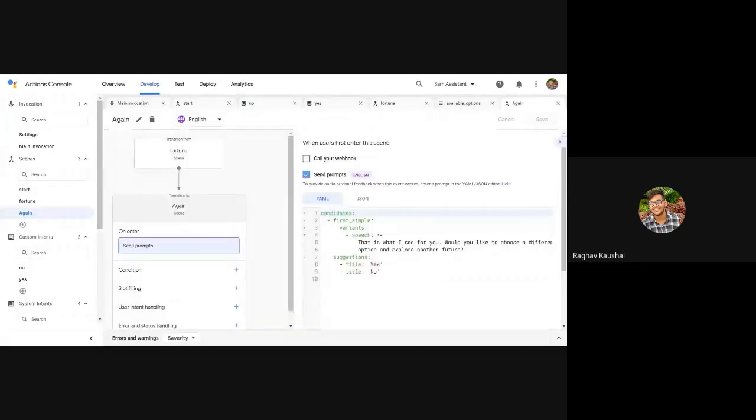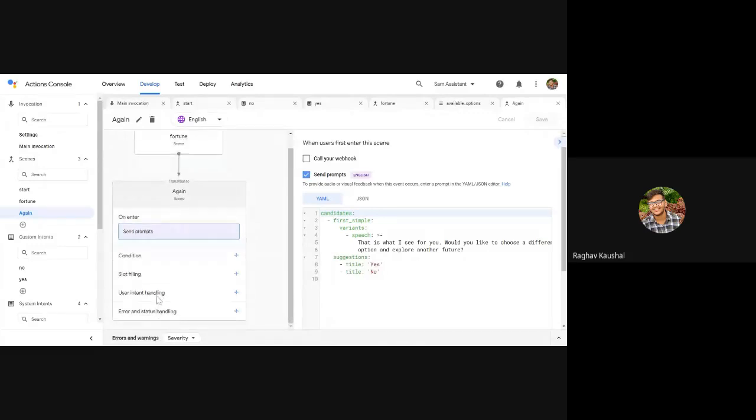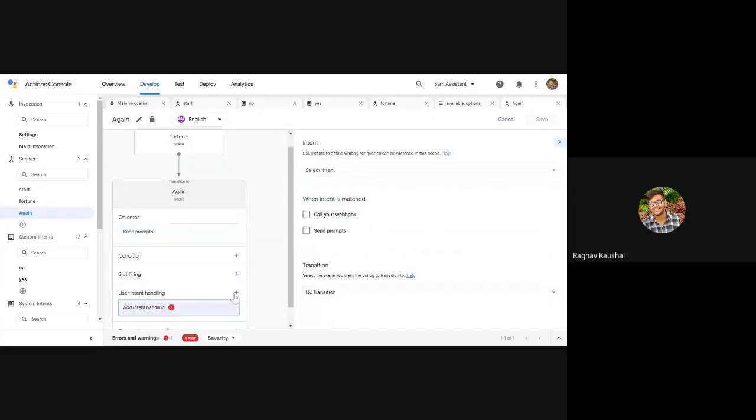So now, okay, it's simple. We have to go to user handling and add a yes and a no. It's pretty simple. So can we add the previous yes and no, like, can we add these yes and no which we have created?